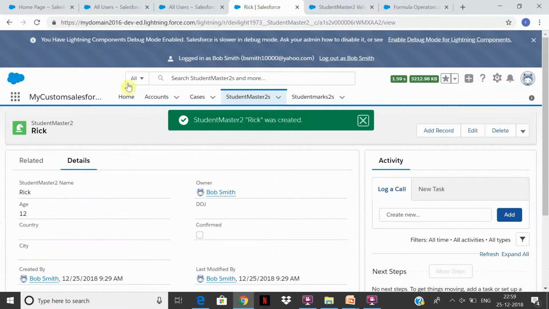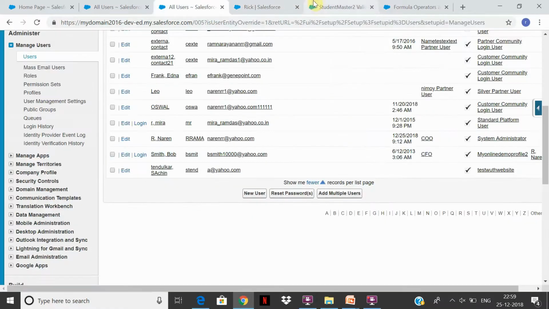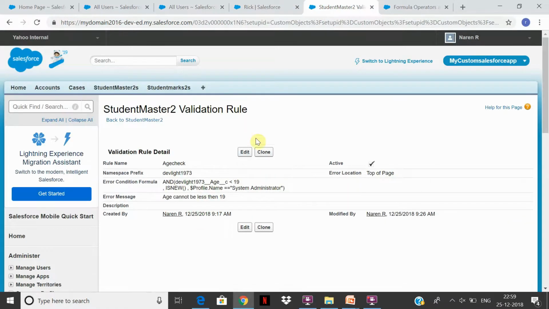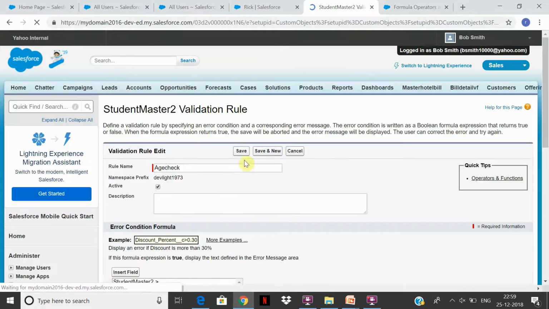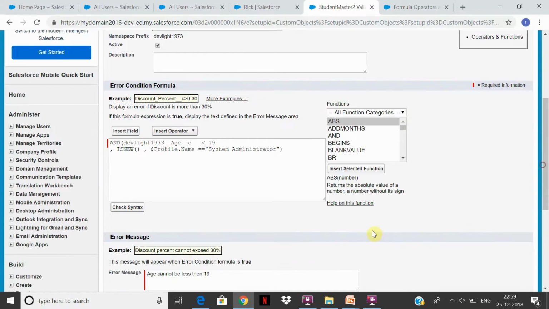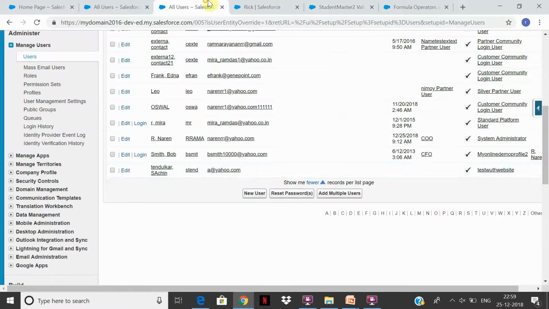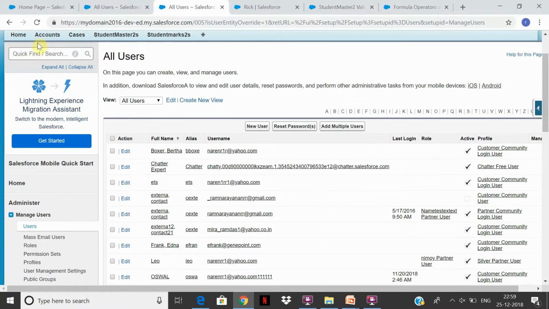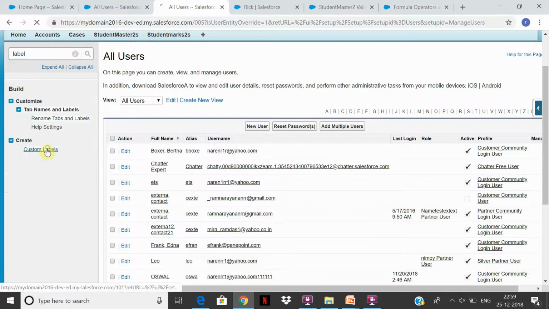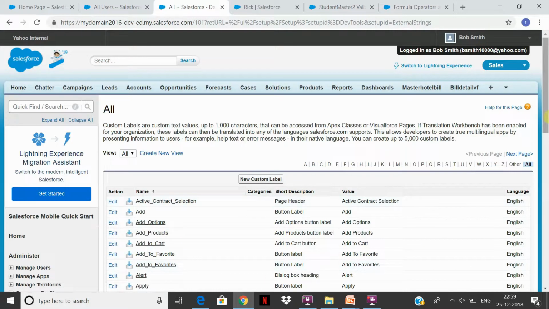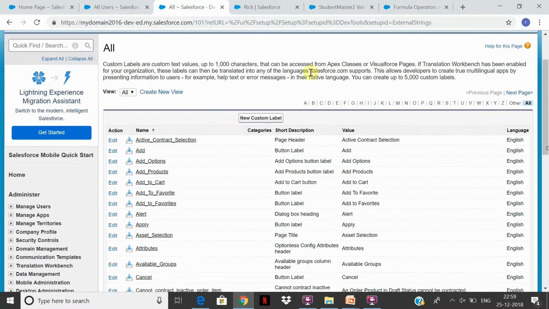See, because that validation rule is checking whether the profile name is something like that. Now you can also create conditions, like if you check for profile name, then there is something called a label. You can create labels here and check the values in the validation rule. If you go to setup and give a label here, you can create your own custom labels and access the values of those labels over there. Also you can check out custom settings,